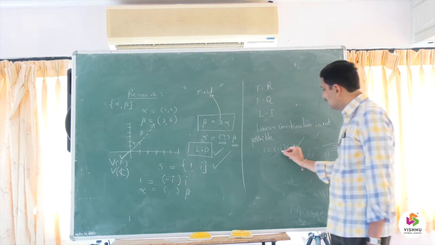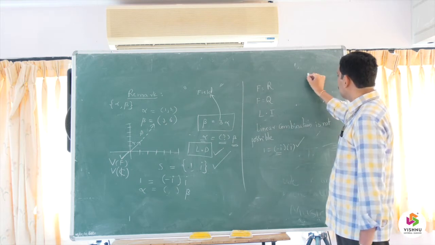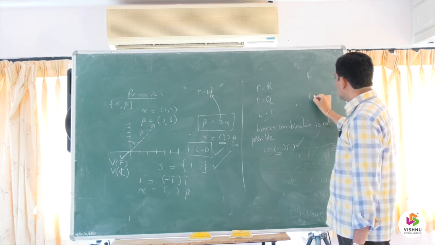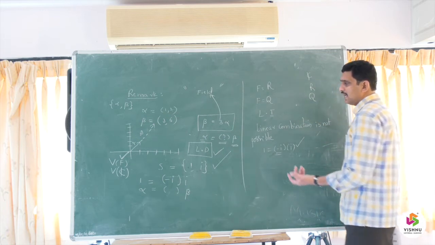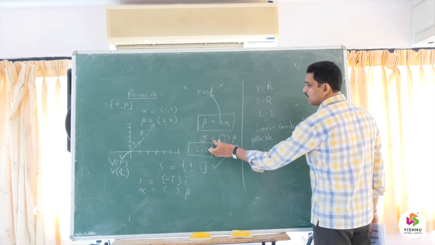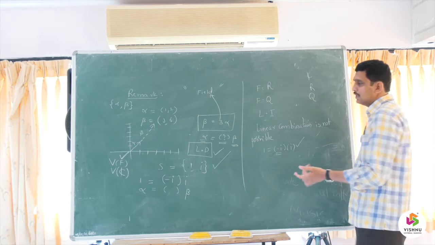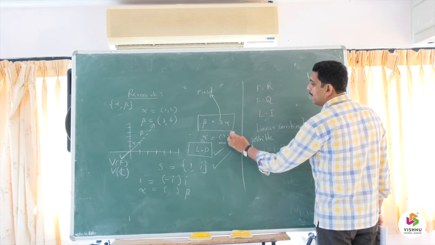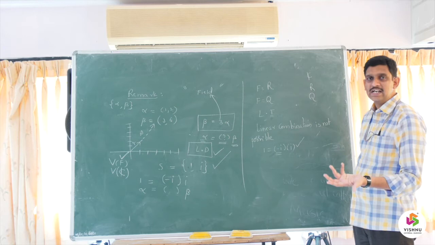Now the question is, minus i, the scalar, will belong to the field of complex numbers only. If you take the hierarchy of the fields, the rational number system is a field, the real number system is a field, the complex number system is a field. As I mentioned earlier, whenever you write one vector as some number times another vector, it is linearly dependent. So which field this number belongs to decides whether we say it is linearly dependent on that field, otherwise it is linearly independent.